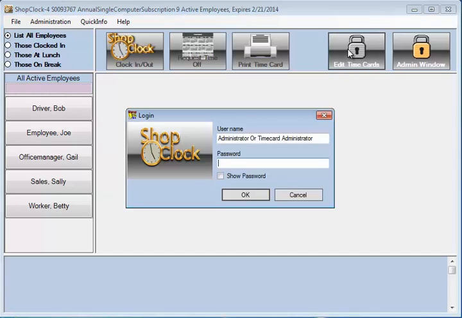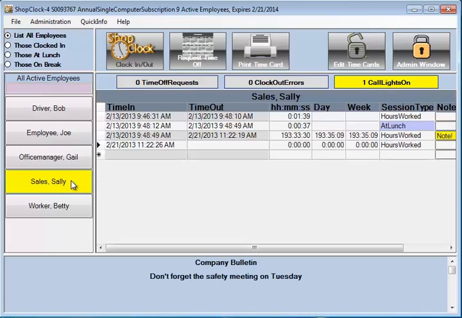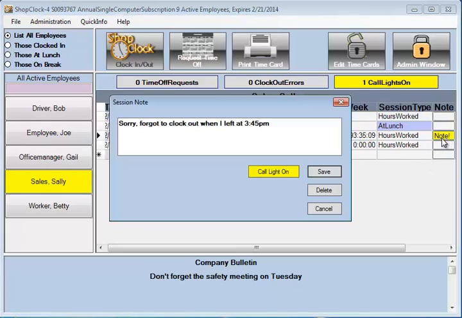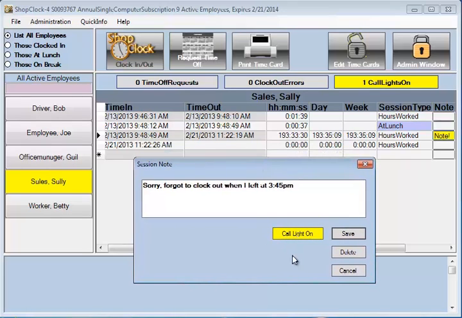Later, the administrator checks the status panel and realizes that there's a call light on. Clicking on the call light button reveals who has the issue. Clicking on Sally's name opens up the time card. He looks at the note, realizes that she forgot to clock out on that day, and makes the edit. He's going to turn off the call light,